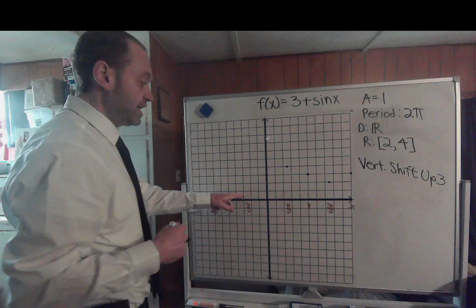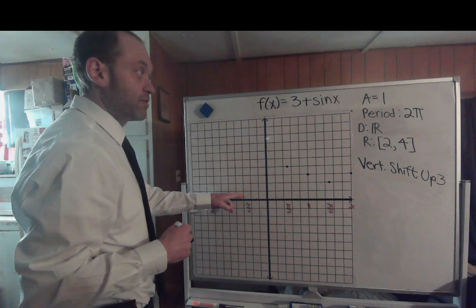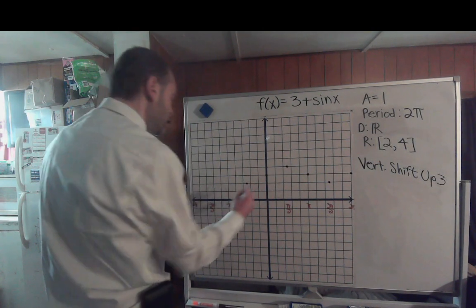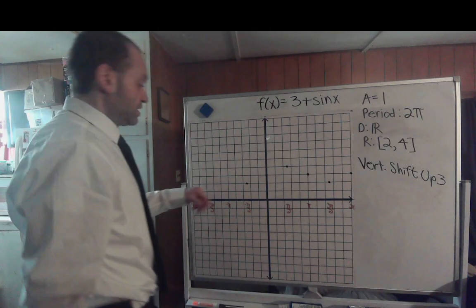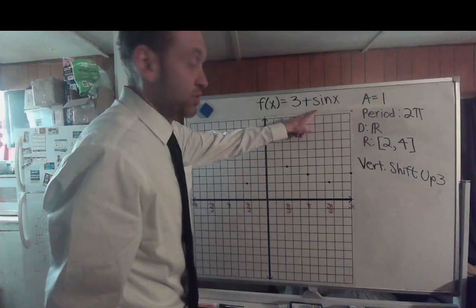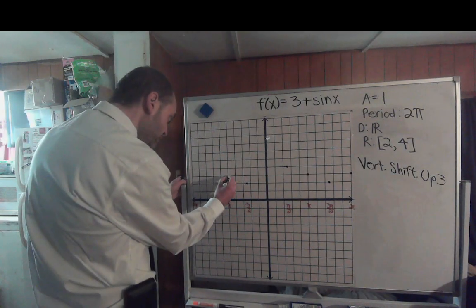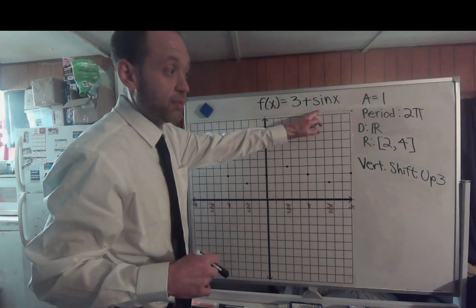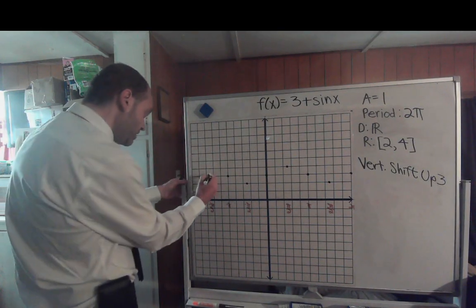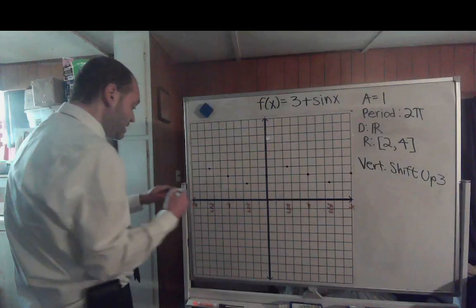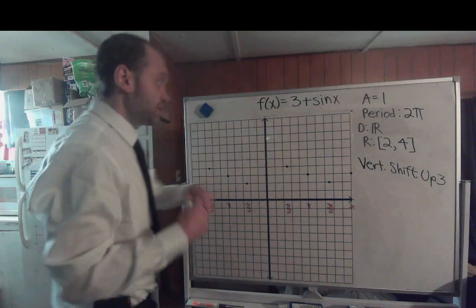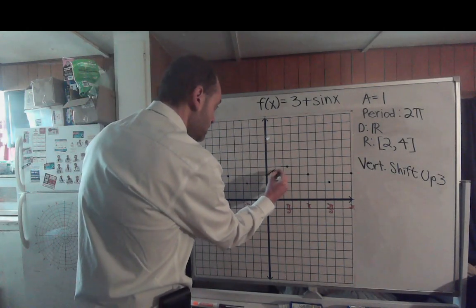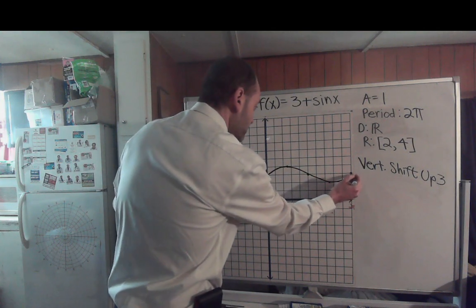Now the sine of -pi over 2 is normally -1, plus 3 would actually give you 2. And then, let's see, the sine of -pi is normally 0, but you add 3 to that, you'll get 3. The sine of -3 pi over 2 is normally +1. Add 3 to that, you'll actually end up at 4. And then the sine of -2 pi is normally 0. Add 3 to that, you get 3. So here's going to be your graph